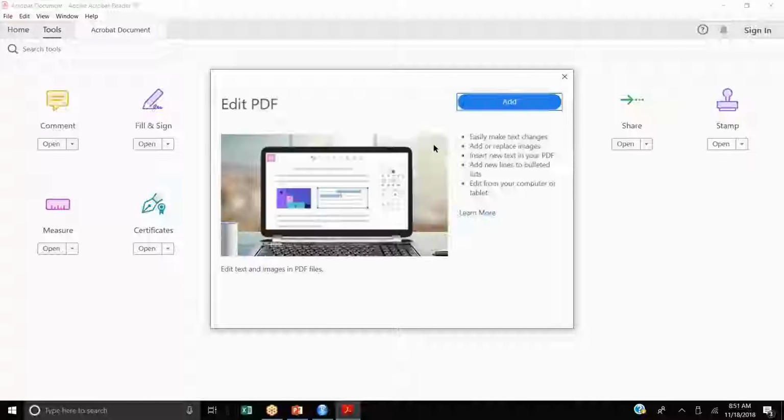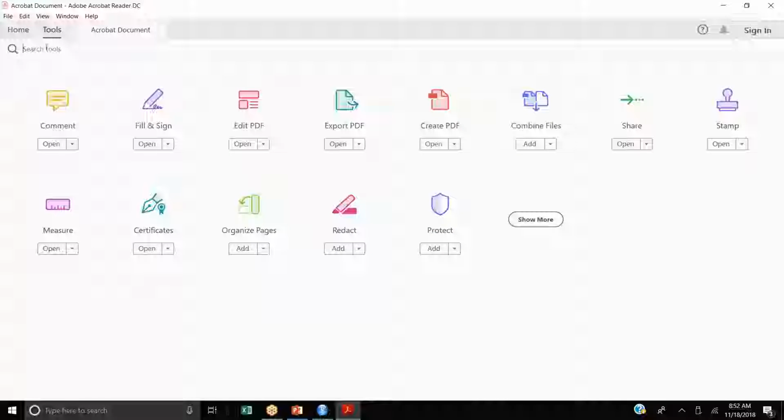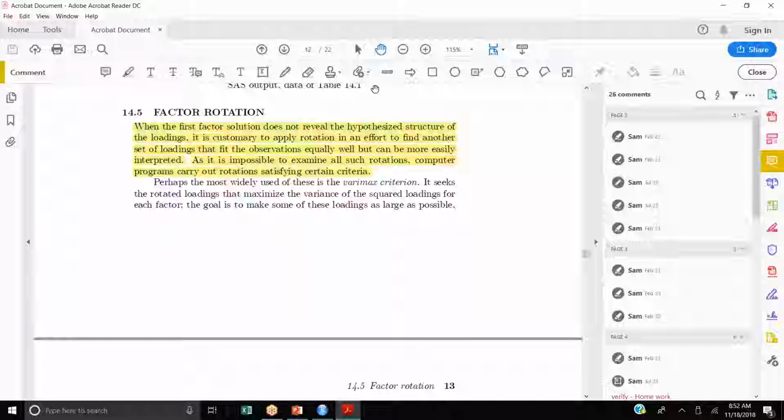Edit. I don't know what's going on. Comment. Okay, let's see. No,